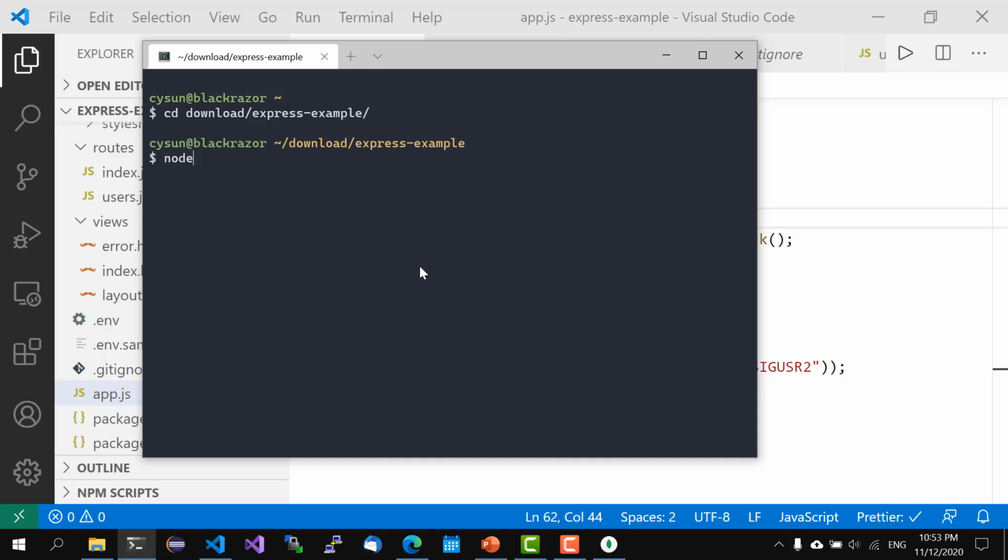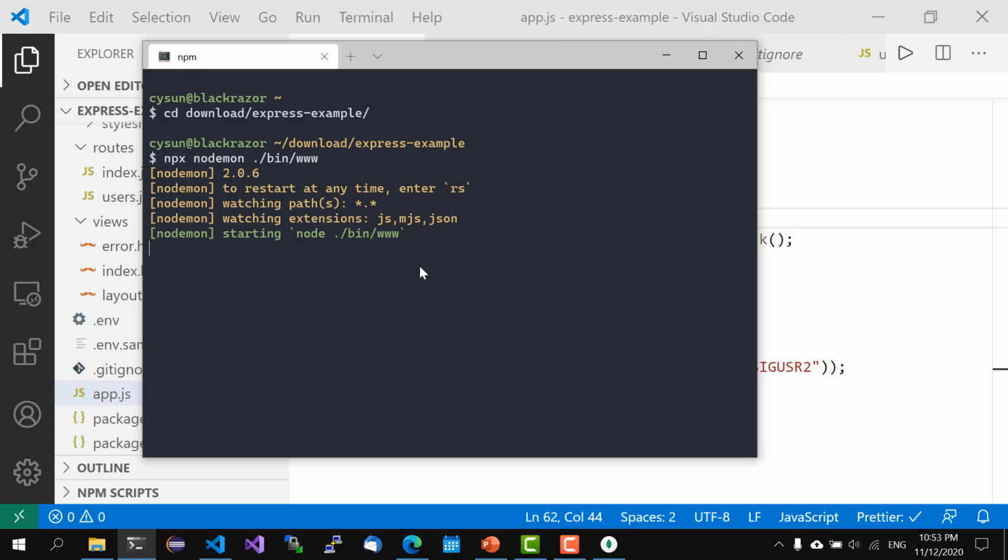We'll do npx nodemon. So it says connected to database, and if we restart nodemon,